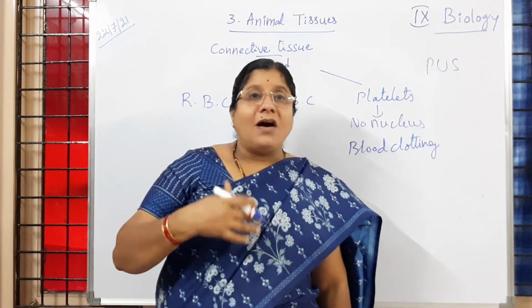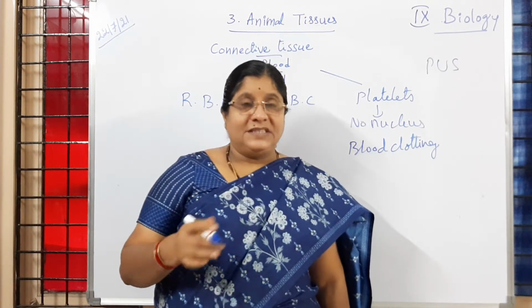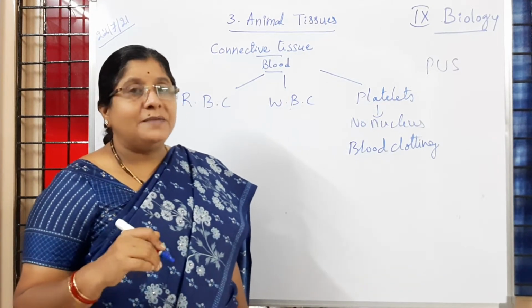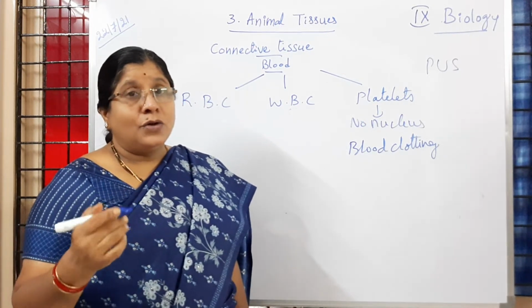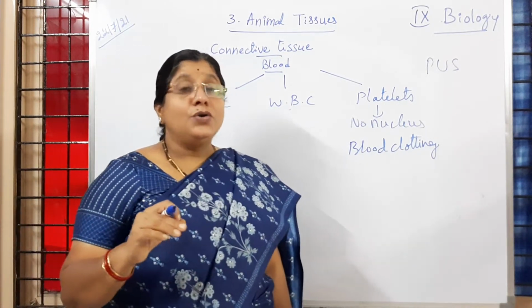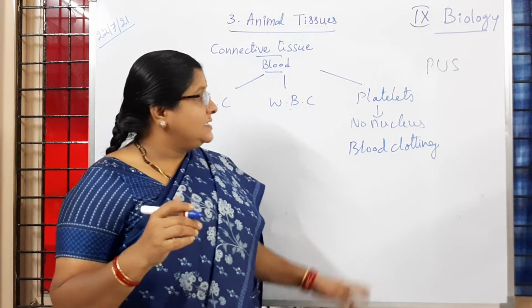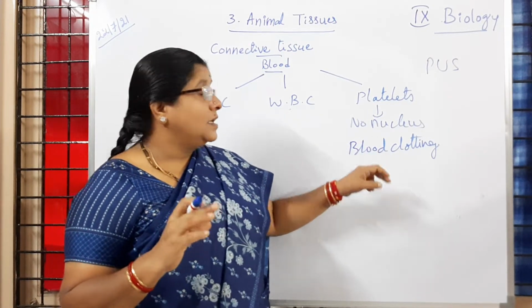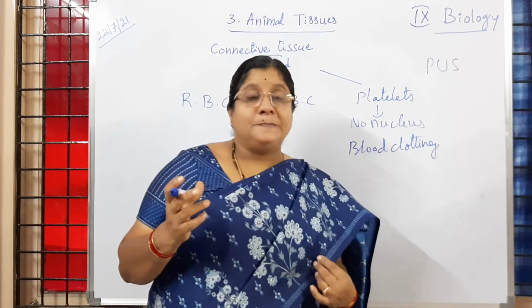What will happen if severe bleeding is seen? Then the vital organs cannot function. They stop functioning. Is it not? Because of that, sometimes it is not good, or the victim cannot survive. Is it clear to you? To avoid that, naturally what is happening? Wherever we got injury, at that time clot formation is happening.